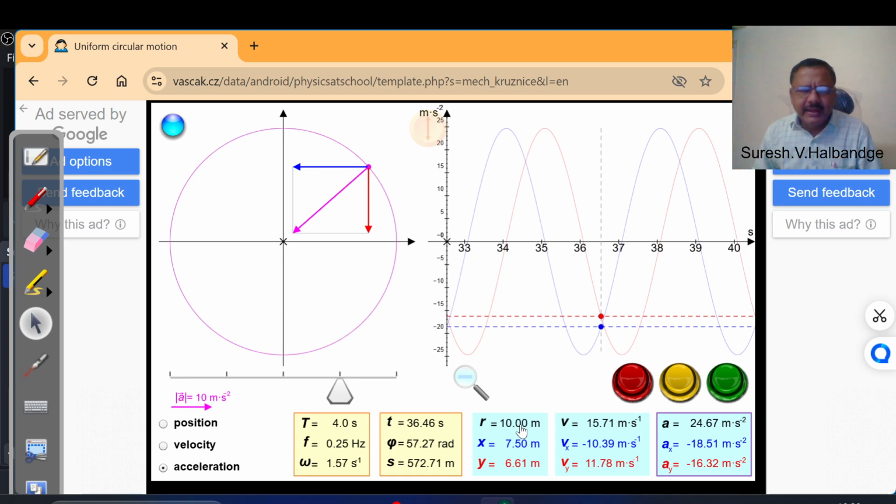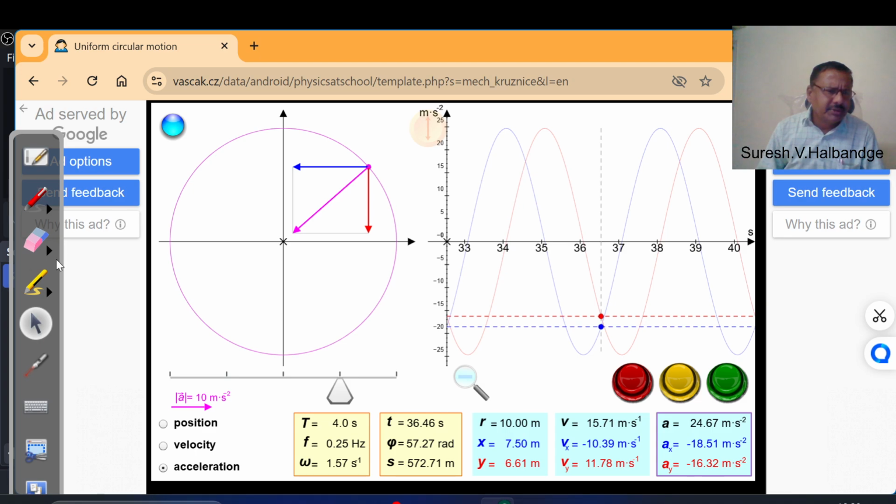I would like to explain the phenomenon of uniform circular motion, wave motion and oscillatory motion, and how these phenomena are analogous to each other with the help of the animation. Okay, these are the basic physics animations. Now here, if you look at this